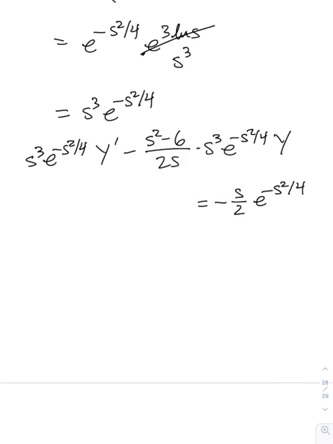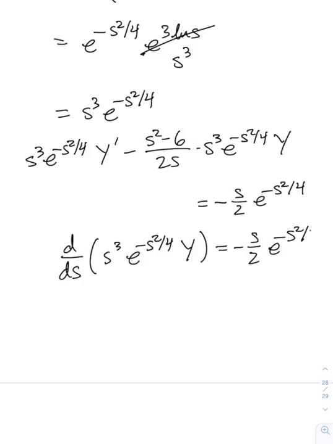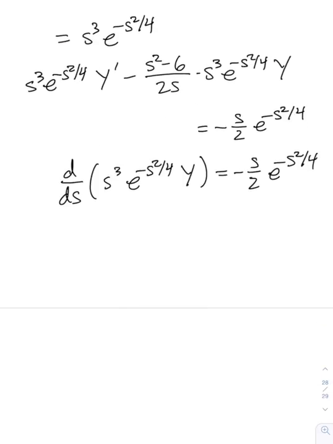As it does in this method, the left-hand side simplifies to d/ds of mu times Y, so d/ds of s cubed e to the negative s squared over 4 times Y is equal to negative s over 2 e to the negative s squared over 4. Integrating both sides, we have s cubed e to the negative s squared over 4 times Y is equal to negative 1/2